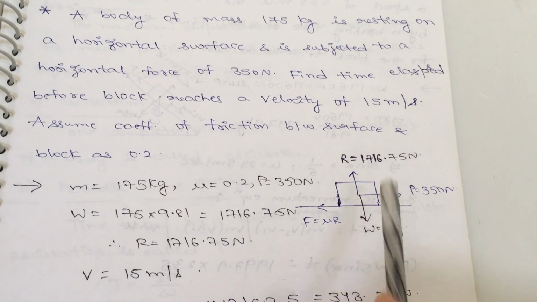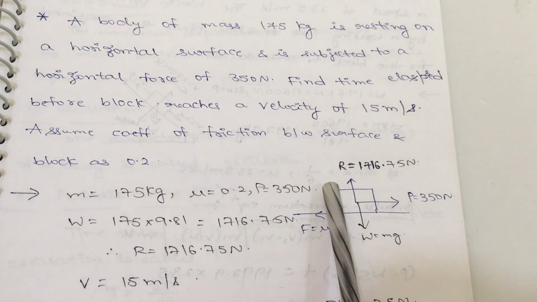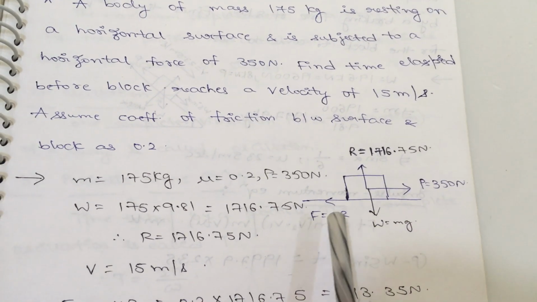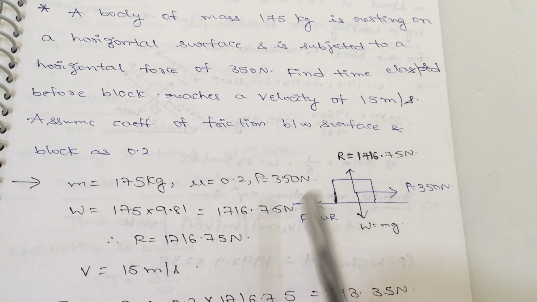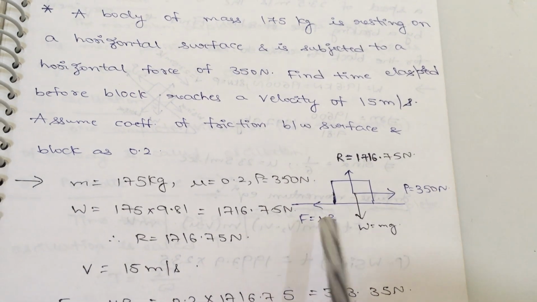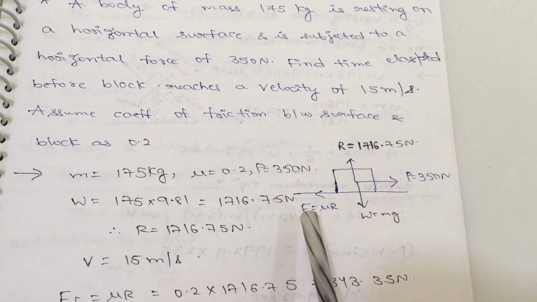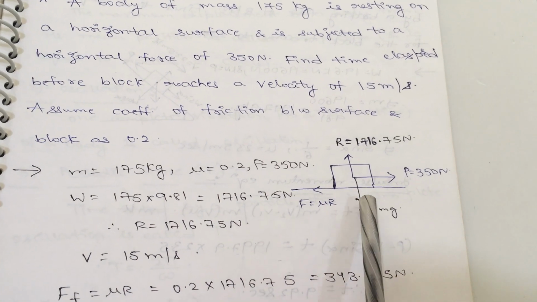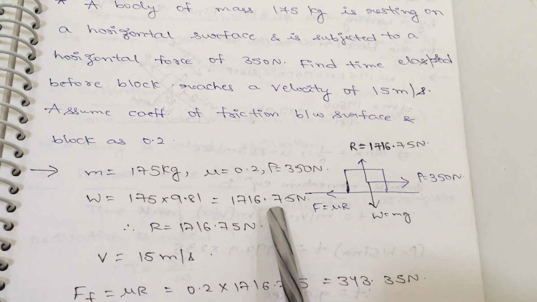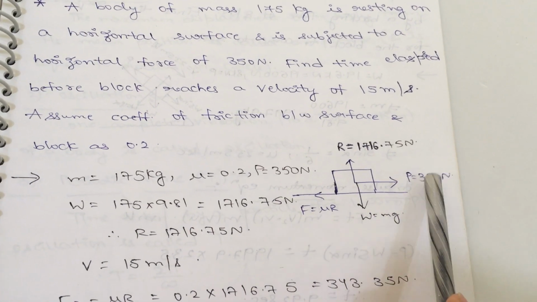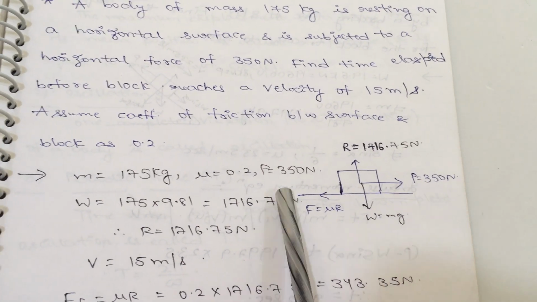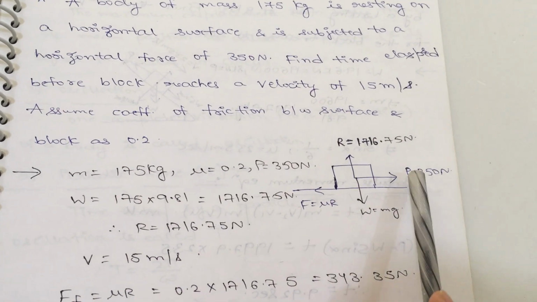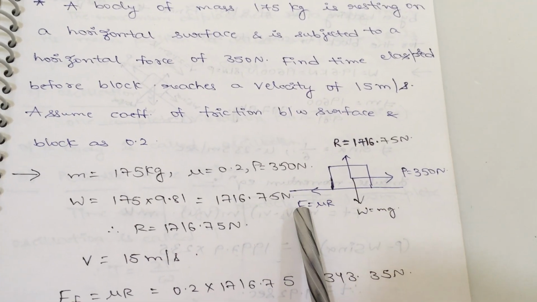So here in this problem, according to the given data, the motion is directed towards the positive x direction. We know that motion and friction always oppose each other. So according to the motion direction, you will get the frictional resistance force in this direction, that is directed towards the negative x axis. Here two forces are acting along the horizontal axis on this body, so the total force will be P minus FF.